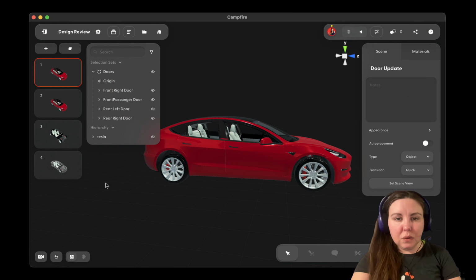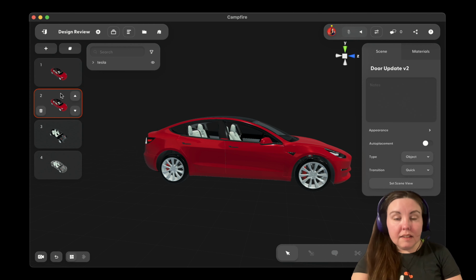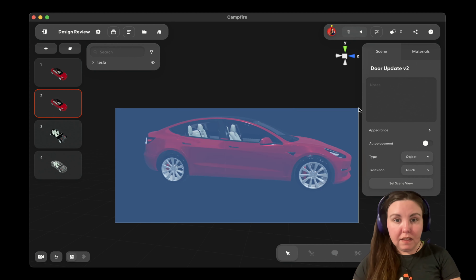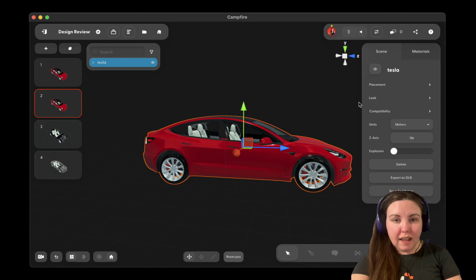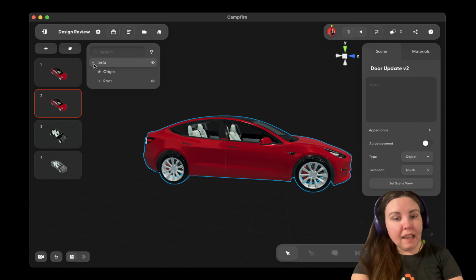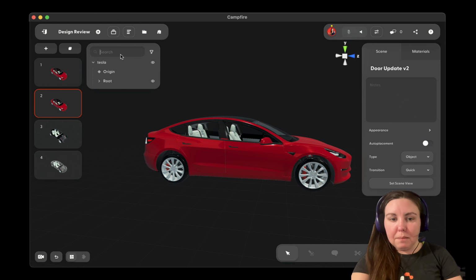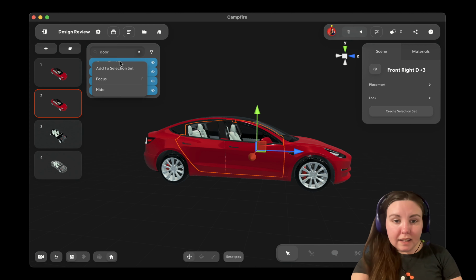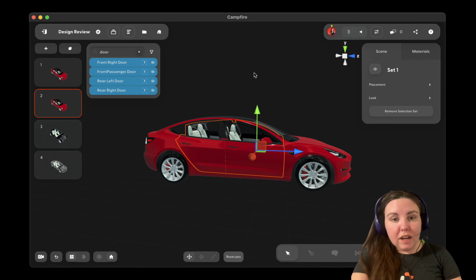Let's go to Scene 2 and I'll show you how to recreate that same set. To select multiple items, you can hold Shift and then click and drag within the scene, or you can multi-select from the hierarchy. In this case, I'll use the search bar. I'm going to type door, and then I can select all the doors, right-click on them, and choose Create Selection Set. Over here in the Inspector panel, I'll name the set Doors, and now it's here at the top of